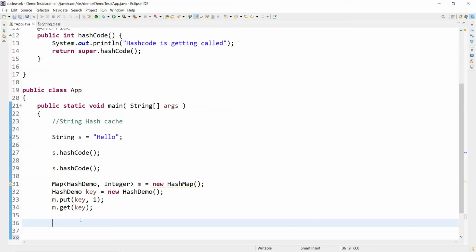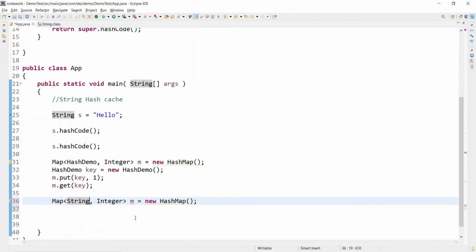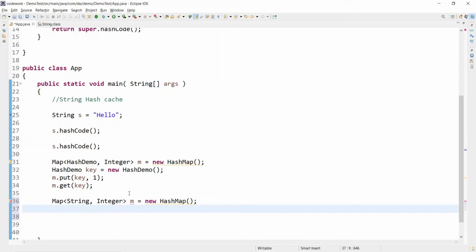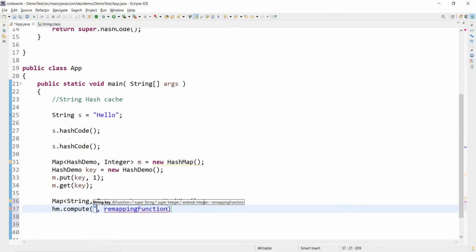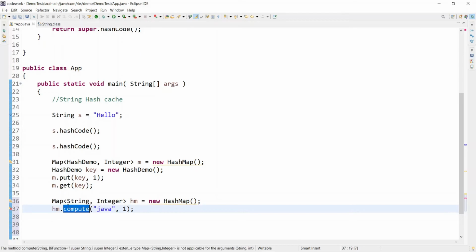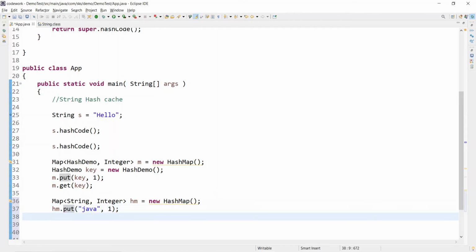Here let's say String, and here Integer, and thereafter I will put a HashMap, and over here hashMap.put, and here let's say I am putting Java, and the value, let's say, 1. And thereafter hm.get, okay, and we are just getting Java, right, as a key-value pair.